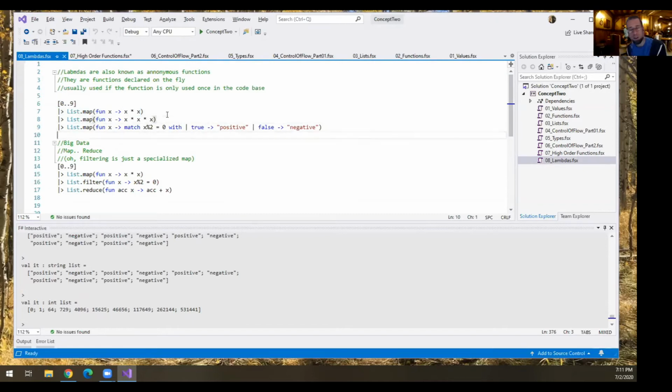Go ahead. I have another question here from John. How does map work if the types aren't known? Is map a generic, one of these generic functions? It is. Map will figure it out for you. What it won't do, and I'll show you this in the real examples in about 10 seconds, is when you pipe, the output has to match the input, or the input has to match the output of the prior function. So what are you going to do if you have an integer, and now I'm returning a float and then a string? Well, there's actually a way around it. I'm going to show you that. But the generic part of it just sort of figures itself out.